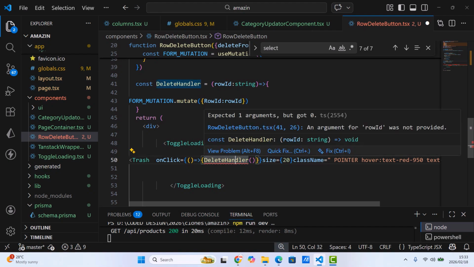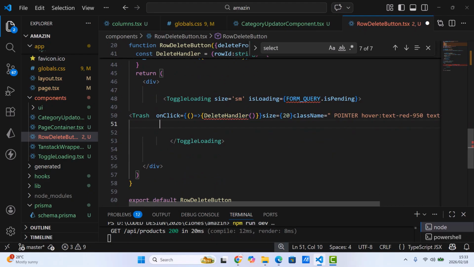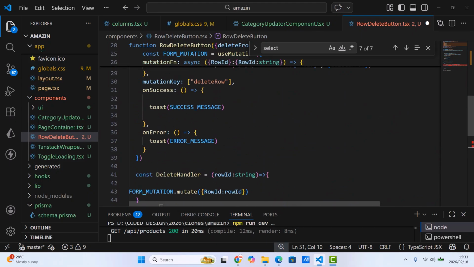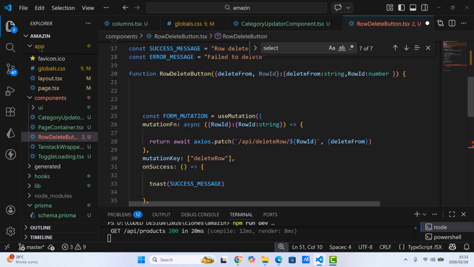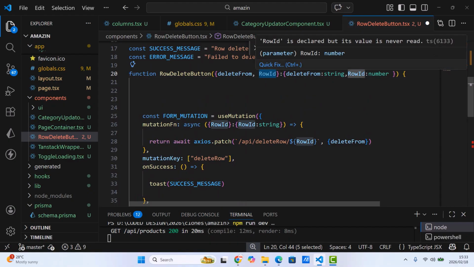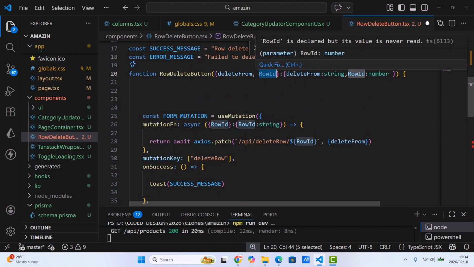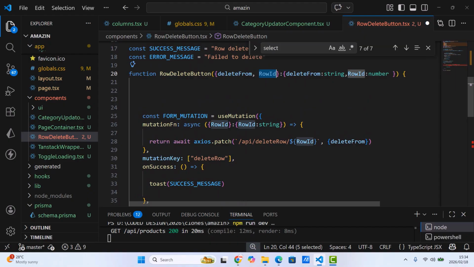Okay, delete handler is expecting... So this component, how could it know the row ID? Okay, as you can see, it's going to take it from here. If it's taking it from here, why can't this method access it from here directly? Okay, so I'm thinking we can remove this from here so that this will take this directly from here and the delete from directly